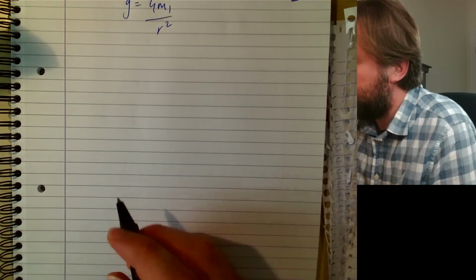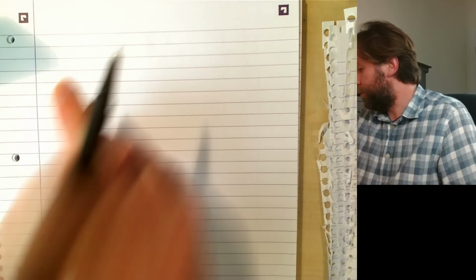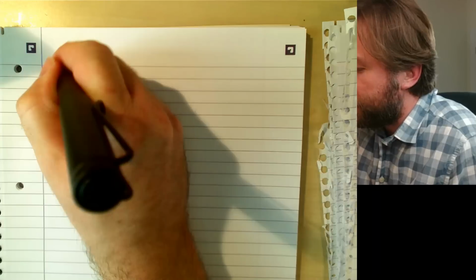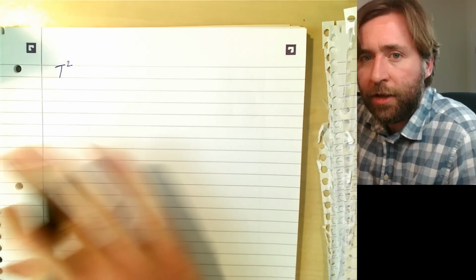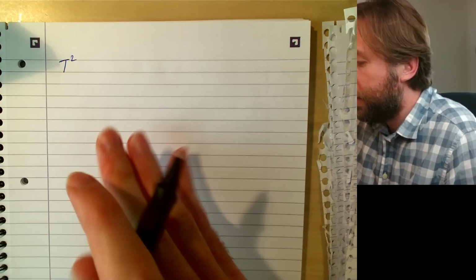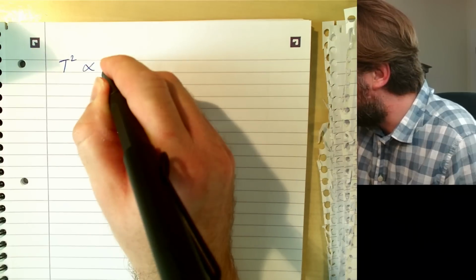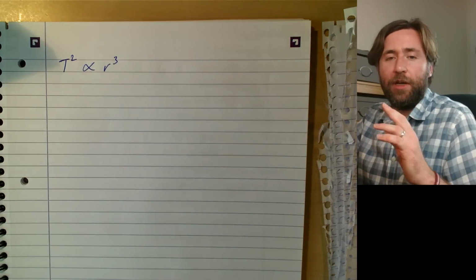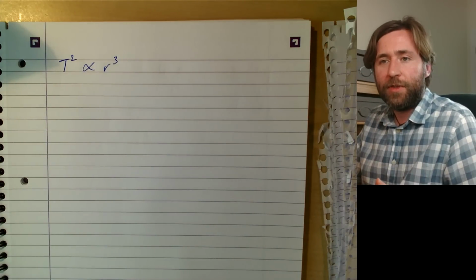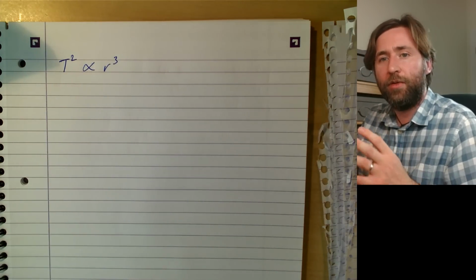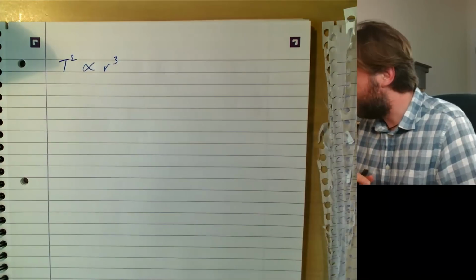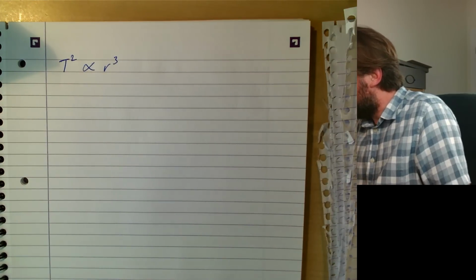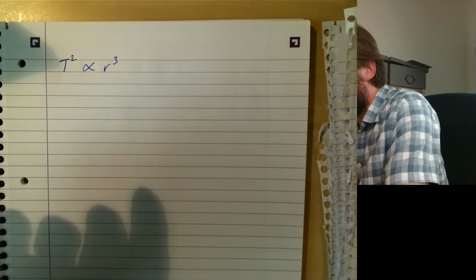Now Kepler's law, I'm going to need a bit more paper. Kepler's law simply states that the time period of an orbit, the time of an orbit, squared, is proportional to the radius of that orbit cubed. Now it models orbits as being roughly circular, or we call that the semi-major axis of the orbit as well. Okay, again, it starts from